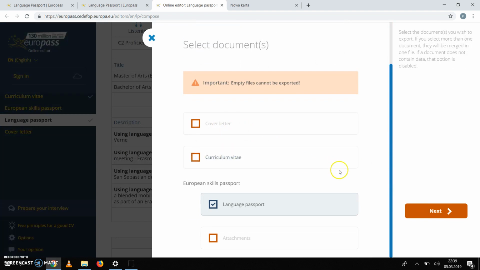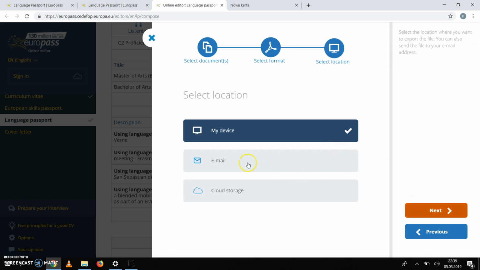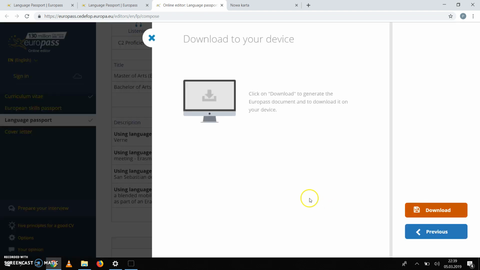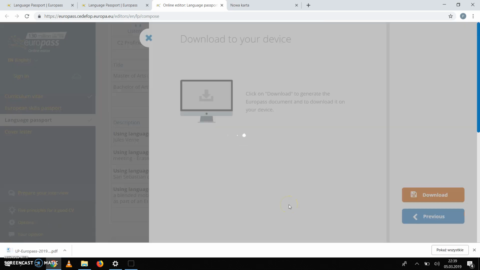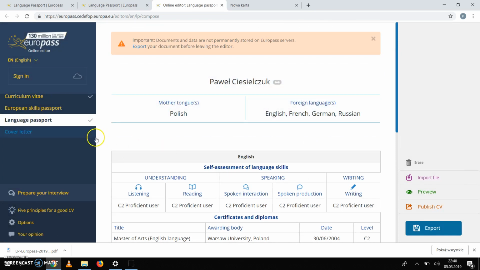And now you should choose Language Passport only and click Next. It's Europass PDF, which is fine. Click Next again, and you can either email it to me, or you can save it on your device and bring it to me in paper, whatever you choose. So now click Next. Let's say you save it on your computer and bring it printed to the school. And you click Download. And now it has been downloaded. All right. So this is for those who have already done the language passport,